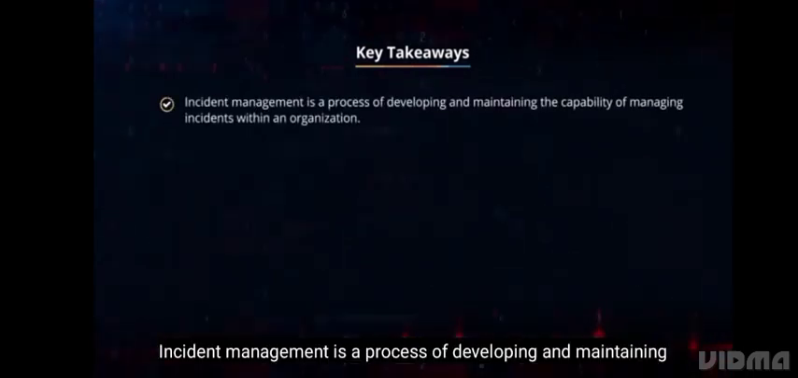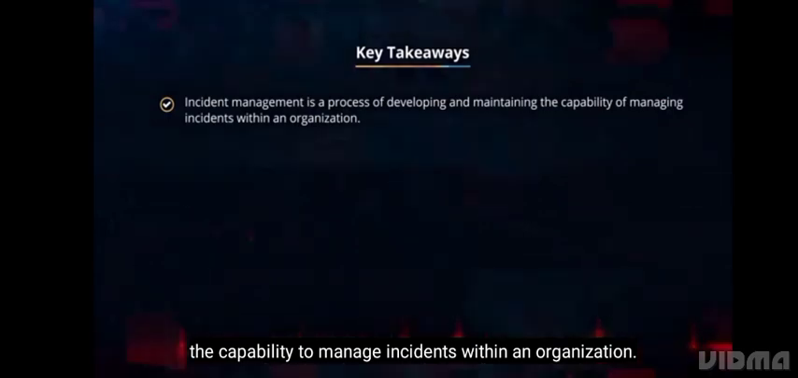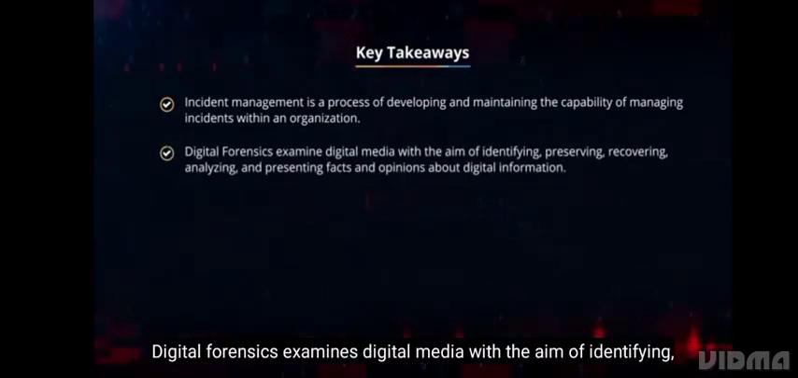Let us review some key points covered in this lesson. Incident management is a process of developing and maintaining the capability to manage incidents within an organization. Digital forensics examines digital media with the aim of identifying, preserving,